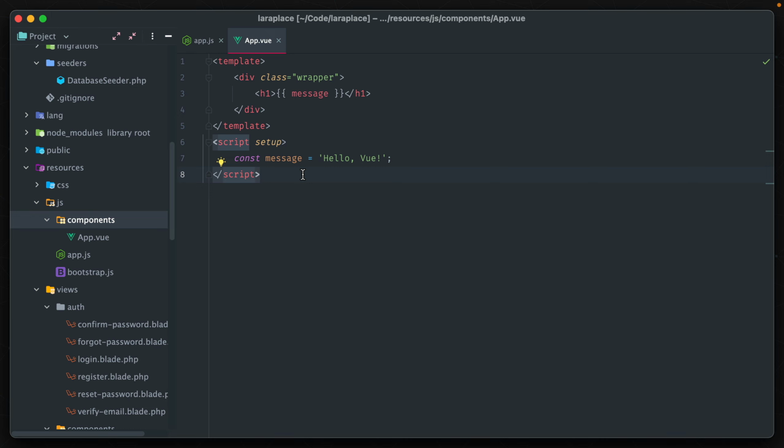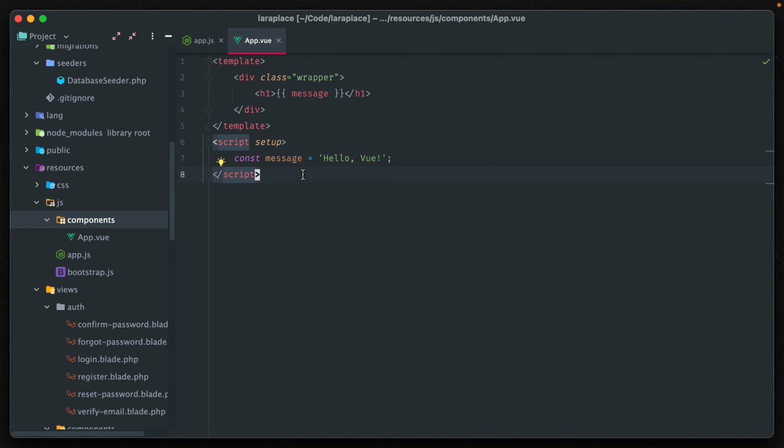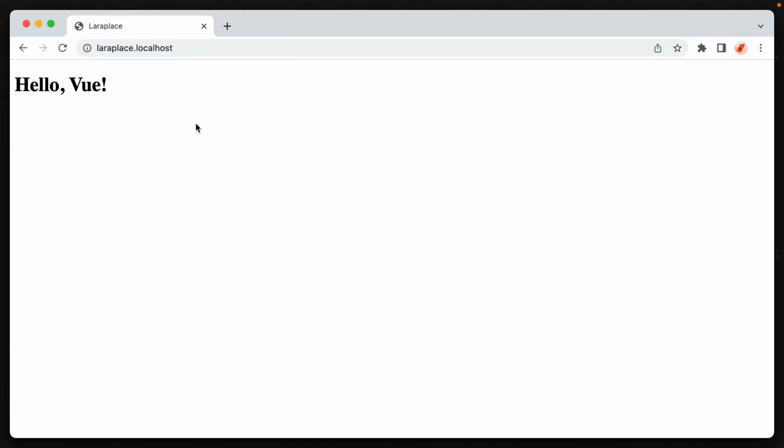So now let's go ahead and build our assets. In the terminal, npm run build. And we have to make sure they're added to our blade template. So right now we don't have a script file added in here, @vite resources js app.js. And now let's check out our browser again. So as expected, we have a hello Vue message here,